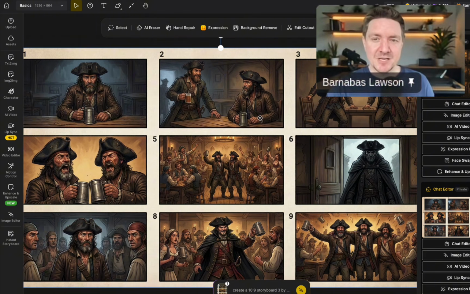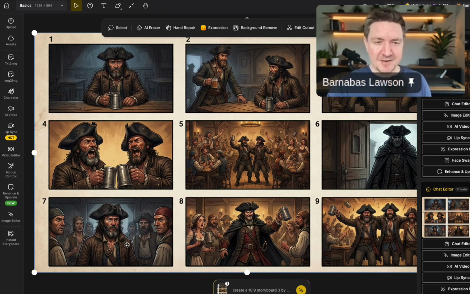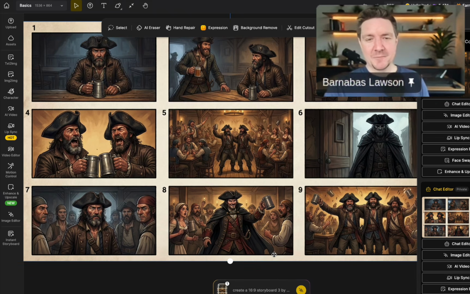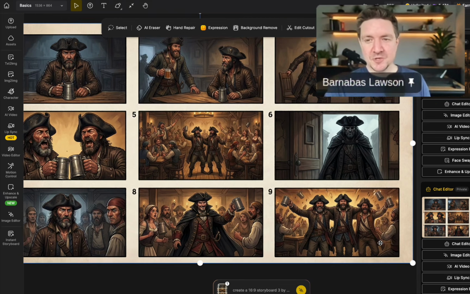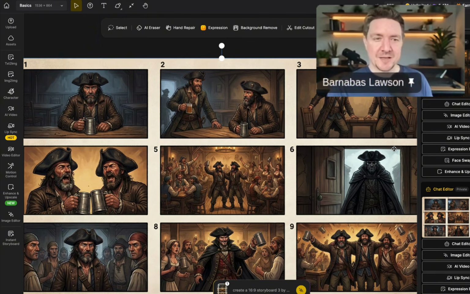but we've got the pirate having a drink at the bar. A friend comes up, they stand up, they start singing together. Everyone starts singing together. In comes a menacing character. Everyone looks concerned over at the menacing character. The menacing character joins in the party, and then it's all jolly good fun. So this is how you can create your storyboard images all here within Dzine